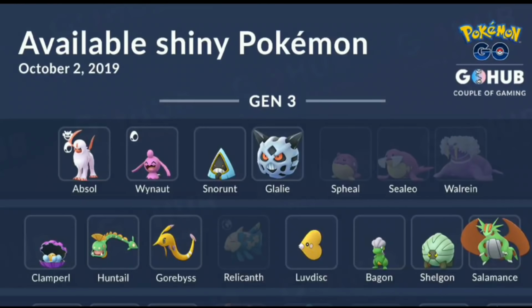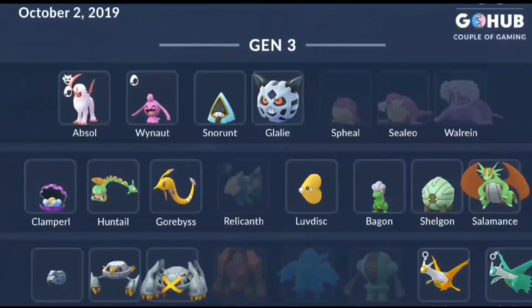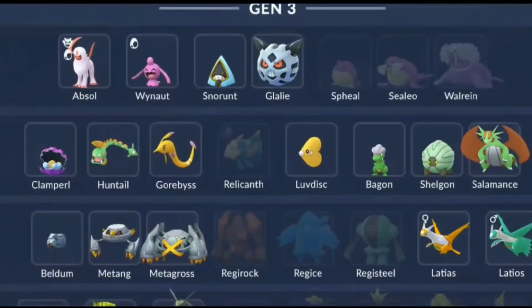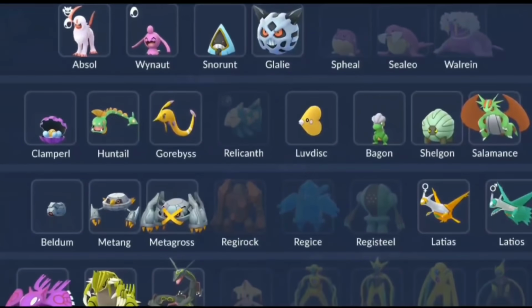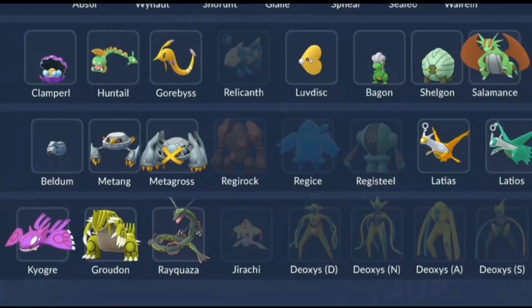But then when I went to GoFest, I did Go Plus a couple of those. Why not? Still haven't hatched it. Snorunt, still haven't found it. Clamperl, have plenty of those. Huntail and Gorebyss, have them. Luvdisc, have it. Bagon, Community Day, completed, done. Beldum, yep. Community Day, have several of those, as well as the...